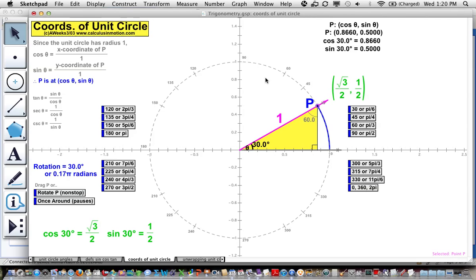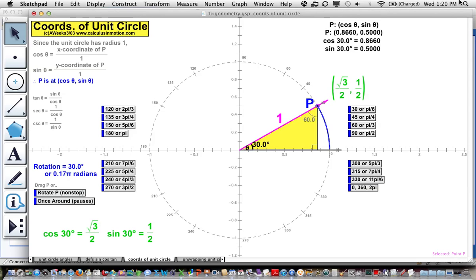Now, if you went on here and memorized these values, you probably memorized something like this. You probably memorized that at pi 6, which is where we're at right now, you have these two values. Now you might have memorized it this way. Let me